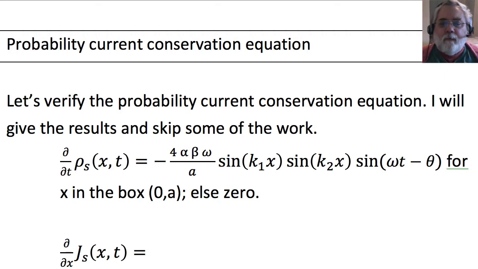Let's verify the probability current conservation equation for this particular case, this particular superposition state wave function, its probability density, and its probability current. In order to verify it, we need to calculate the time derivative of the probability density and the spatial derivative of the probability current. Well, you already have both of these values, so if you know how to do these derivatives, you can then